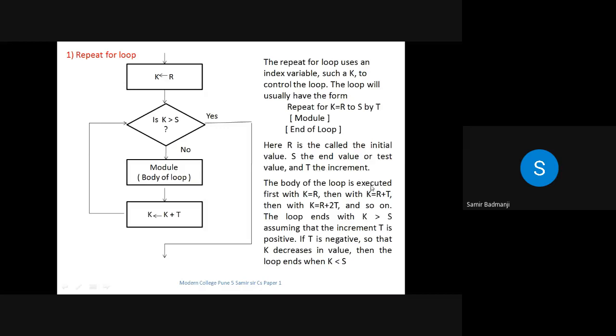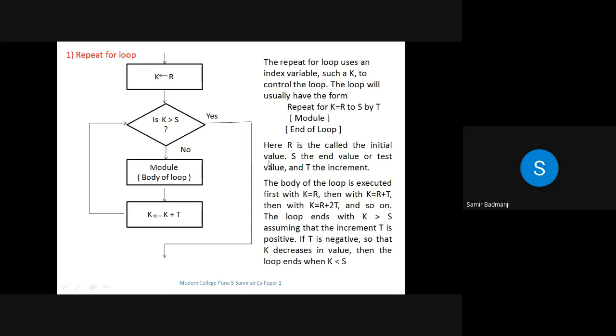So the body of the loop is executed first when k is equal to r. R means what? The initial number. It can be 0, 1, whatever. And then with k is equal to r plus t. So every time that loop is executed, it is going to be incremented by 1, which is called the t. T means nothing but the increment. And then by r plus 2t. R plus 2t means what?